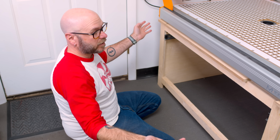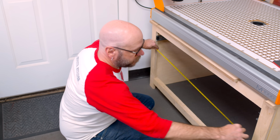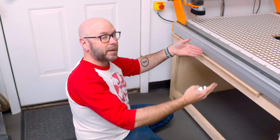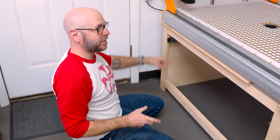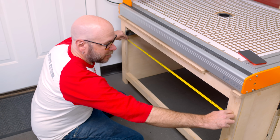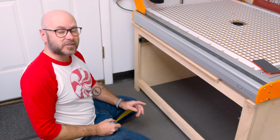It is time to make the drawer, which is what we are here for. So this opening is 40¼ inches. To make the front face and the back face, we need to subtract 1 inch because this drawer slide and this drawer slide is each a 1/2 inch thick. So we need to make a front face that is 39 1/4 and a back face that is 39